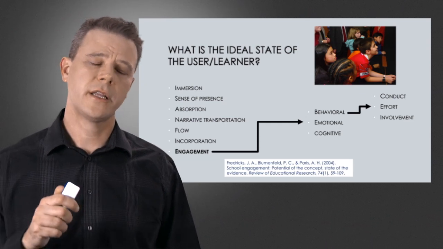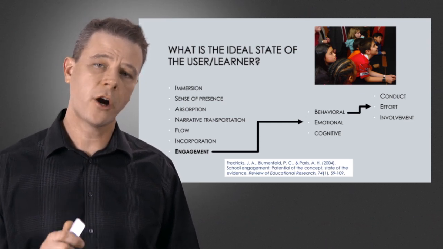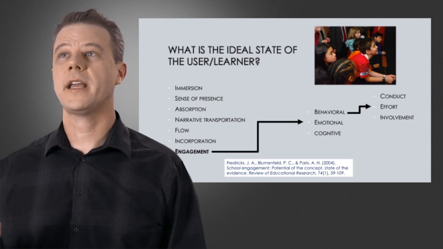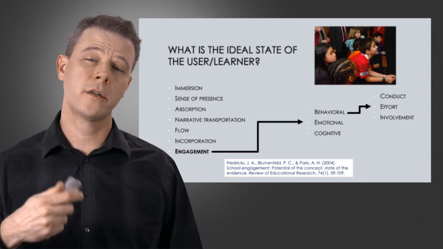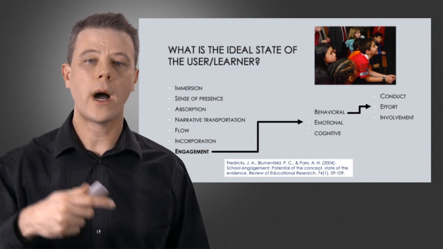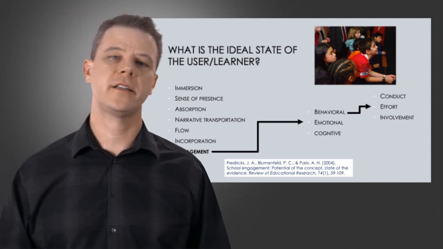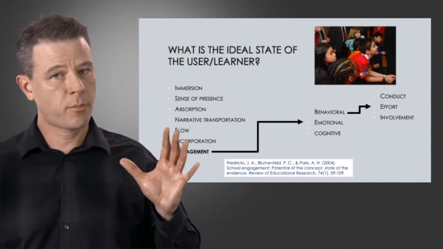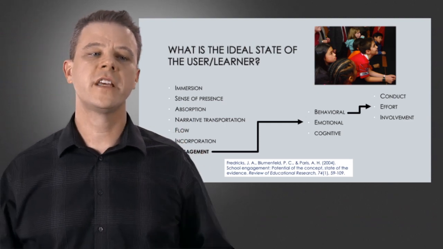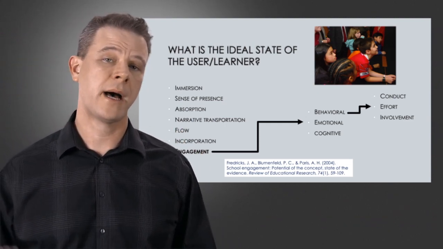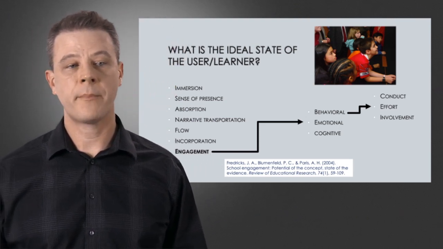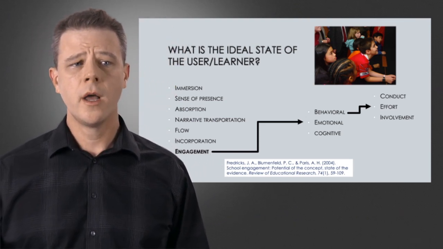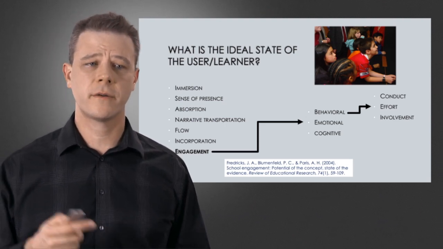And the first one I'll break down even further. I do want to mention that engagement research really started with researchers looking at students' attrition in schools. So we wanted to know, are students engaged in school? Why or why not? What does it mean to be engaged in school? But now the concept is much more broad than that. But the roots of this formulation come from that body of research, thinking about attrition and preventing kids from dropping out of school. And so some of the behavioral ones reflect that.